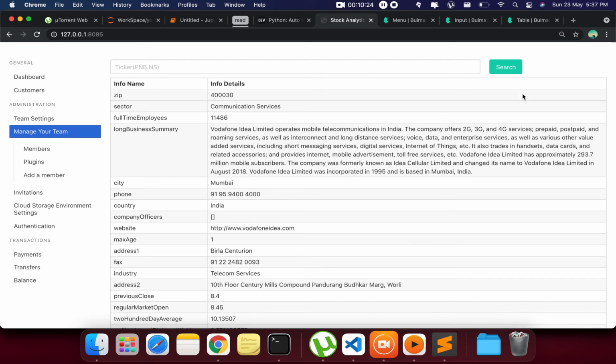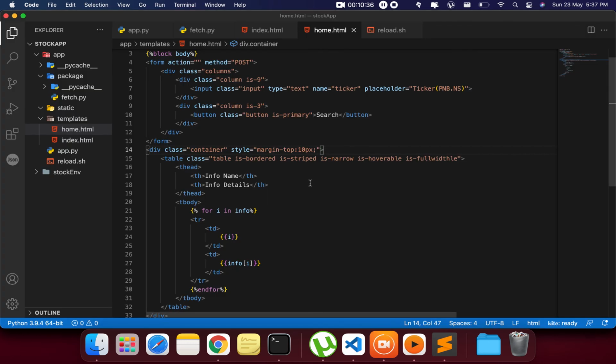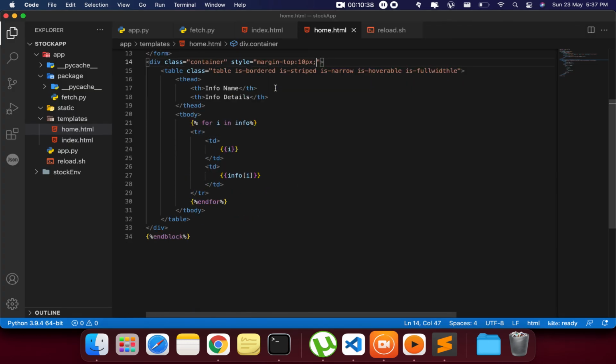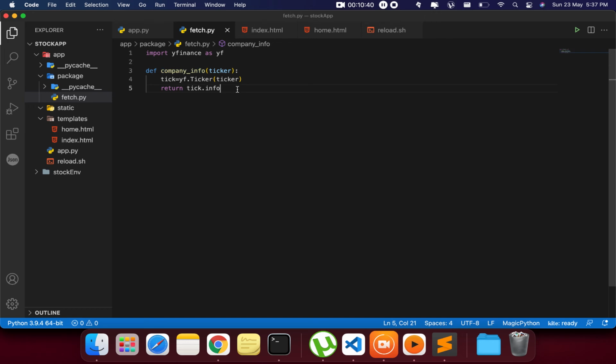Now next comes the actual information, what we were actually looking for. Here we'll see so much information, but I'm not sure how much output that will be for you guys. So in the fetch, let's make another function called def company data. Same thing, in company data we'll take ticker, again same thing.